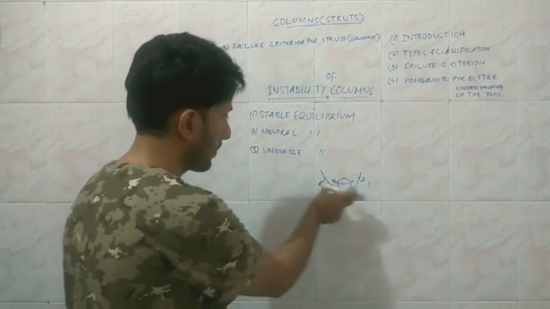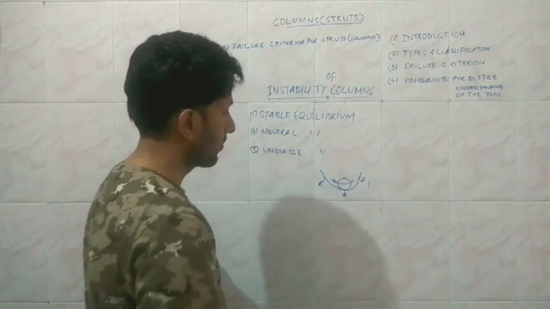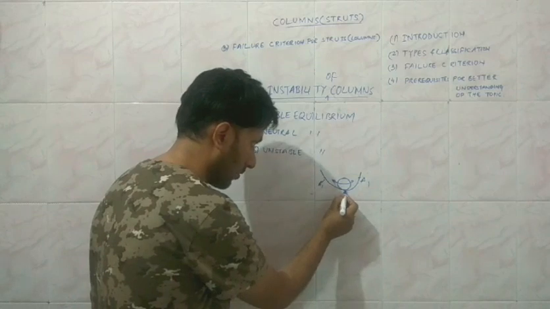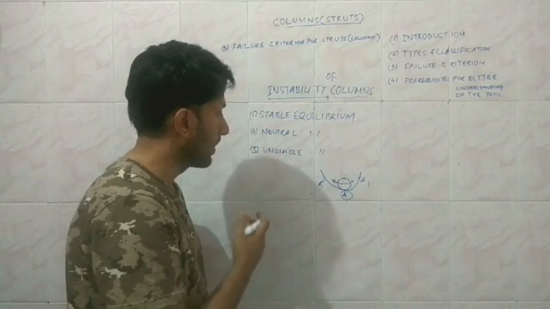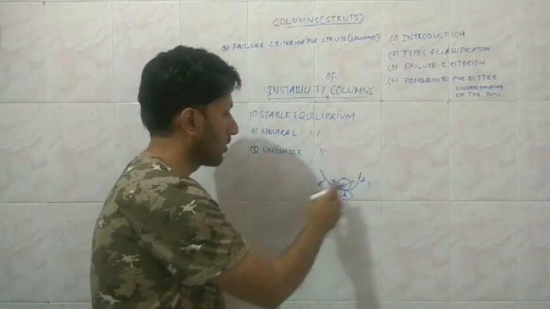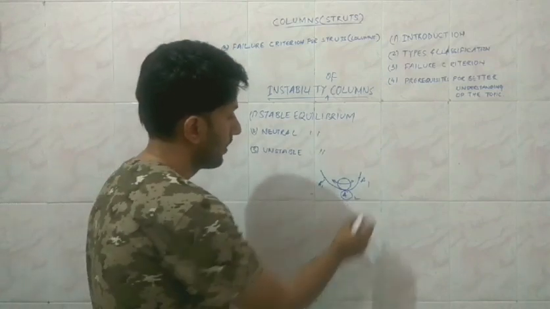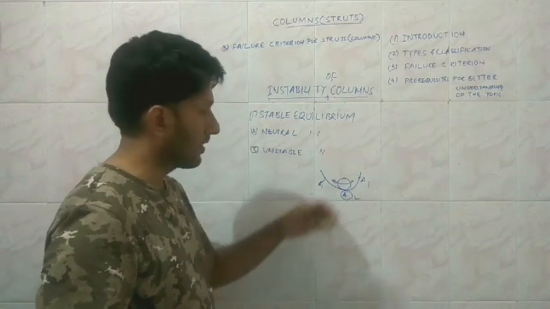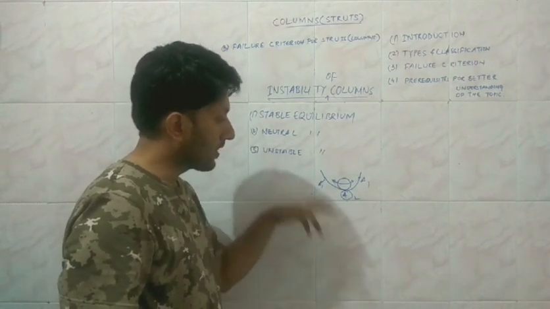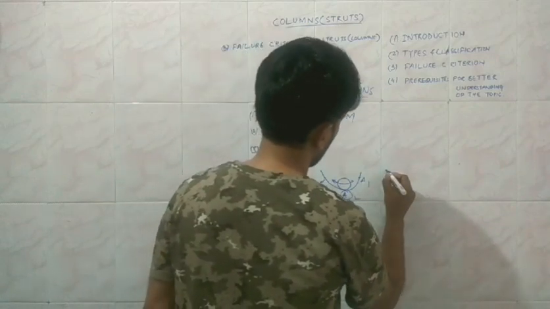So the amplitude is going to be the same, and it is going to move to and fro until it reaches the final state, which is the same state. When the disturbance is reduced, the amplitude is reduced, and subsequently it is going to regain its original equilibrium state, that is the state A. Such an equilibrium is known as a stable equilibrium: whenever the disturbance is removed, it regains its original equilibrium state. This is an example of stable equilibrium.